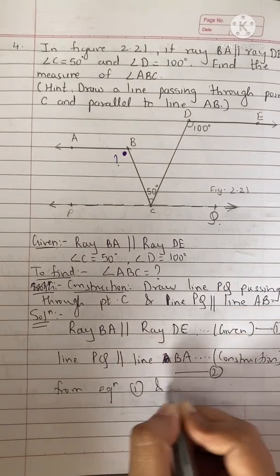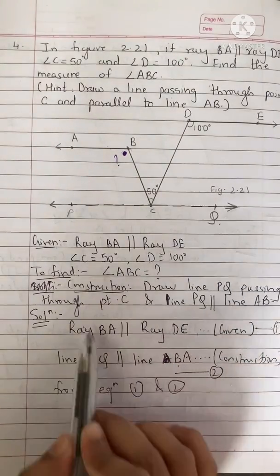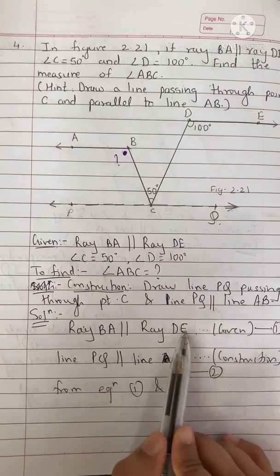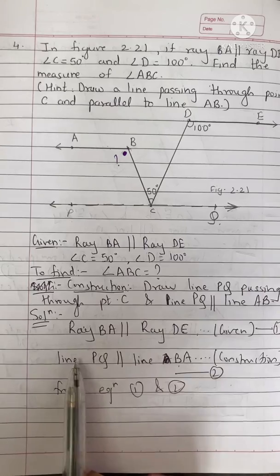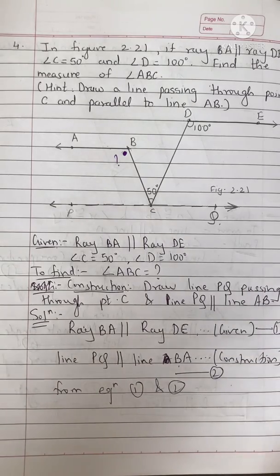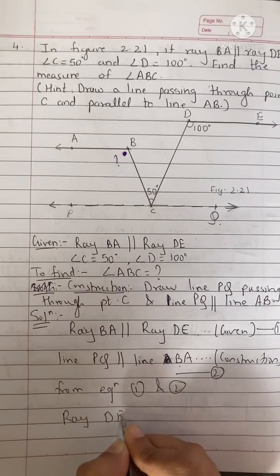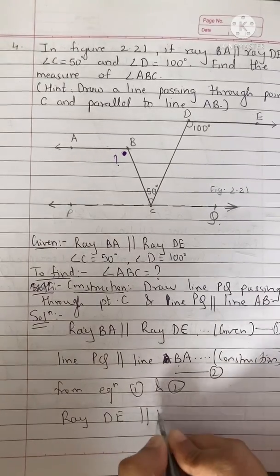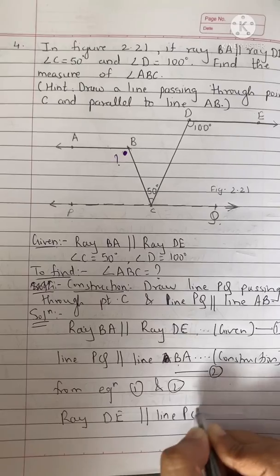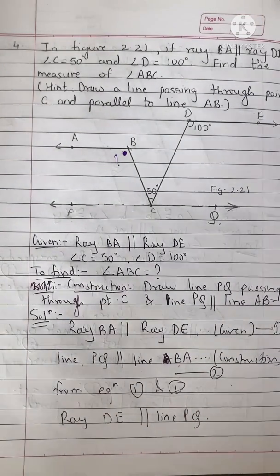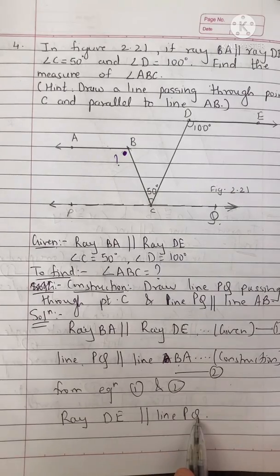equation 1 and equation 2. You can see here these two things are equal. So if A is equal to B and B is equal to C, that means C will be equal to A ultimately. So ray DE is parallel to line PQ. Okay, so these two things become parallel. So once we get this